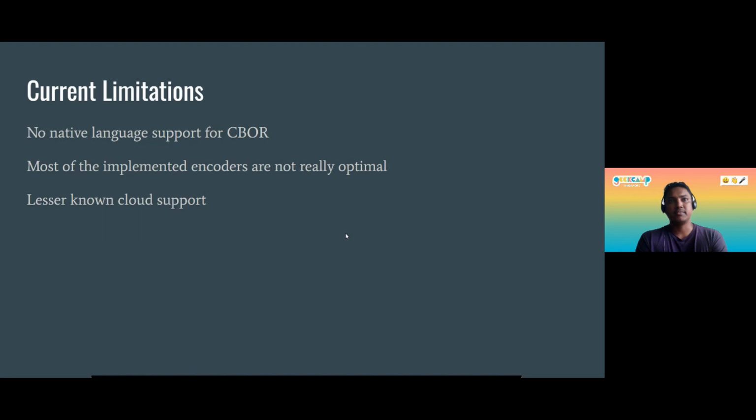All the famous cloud vendors like AWS, Google or Microsoft do support a JSON format of HTTP, but none of them, I think, so far support CBOR. Even though Google has some support for CBOR for device to cloud communication, that's not supported as well as they support JSON.